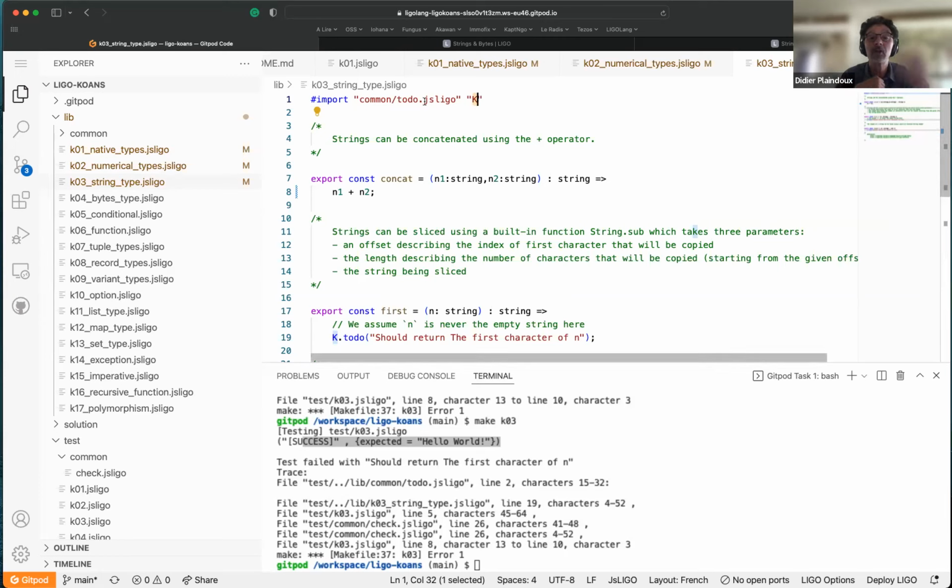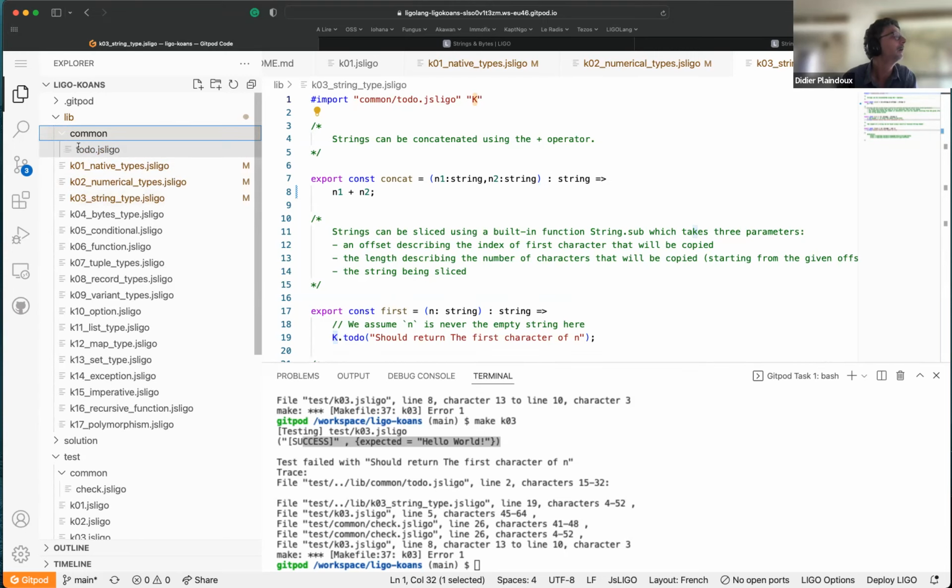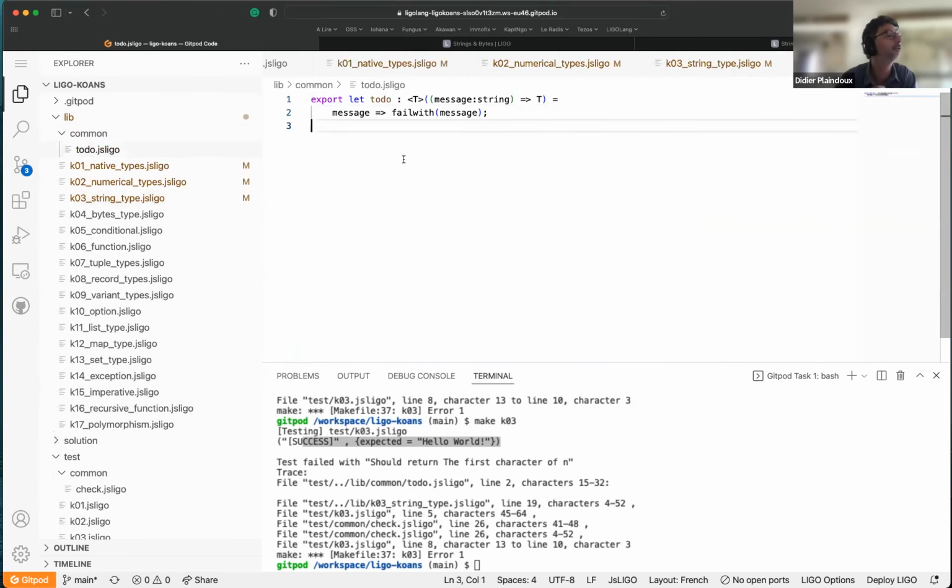And here, if we write code in CameLIGO, this is the operation to import source code. You can import, of course, some piece of code which is written in CameLIGO and so on. And you have to bind this in a given namespace. You are free to choose the name you want, and then after you can call functions. So if we go to the command here, we have a function which is just a simple todo,